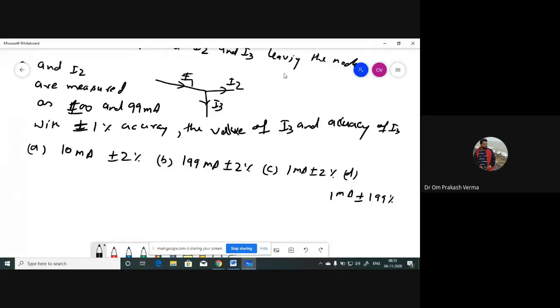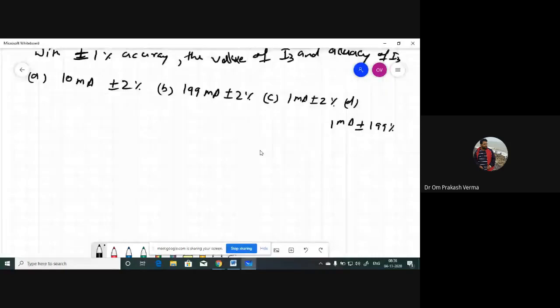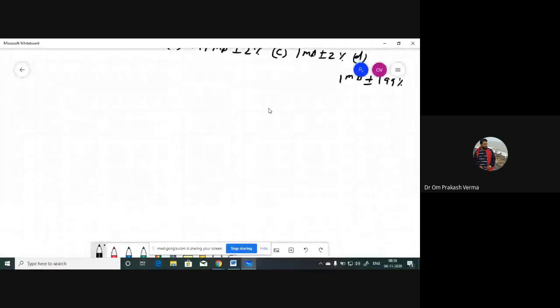You have to find the limiting error of the combination of more than two parameters. For that purpose, I'm demonstrating how to find the generalized formula for the limiting error. First is the sum of two quantities. Let's say we have the parameters x1 and x2 in the addition, and you have to find the limiting error in it.